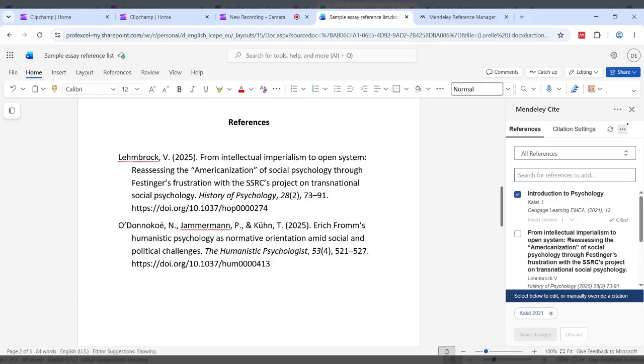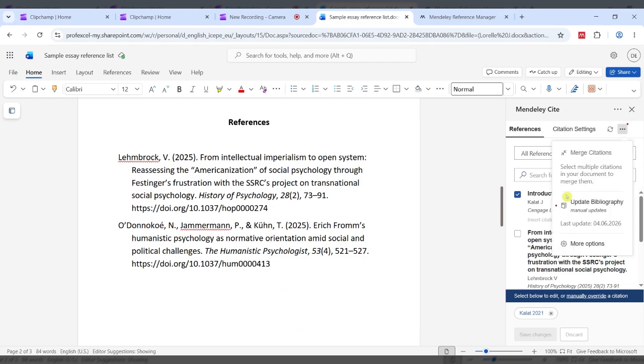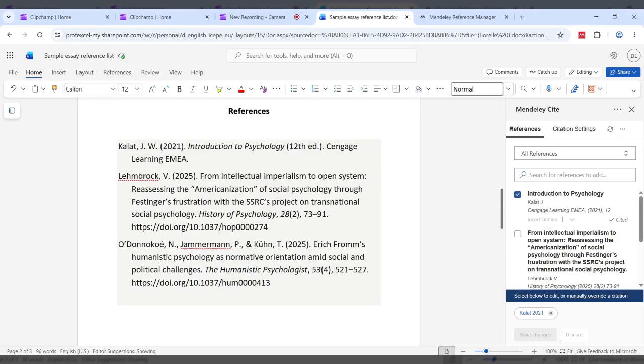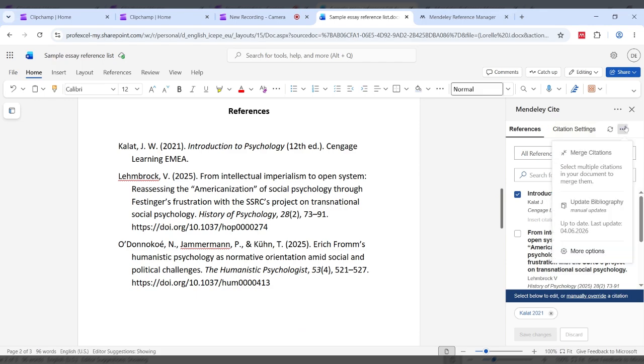So when you want to update your bibliography manually, you just go back to your three dots, and you'll see this time there's a little red dot here to kind of signify that there's something there that warrants your attention. And again, you have a little red dot here beside update bibliography. So that tells you that there's updates waiting to be carried out, I suppose. And all you have to do is just select it. And now if we look at it, you can see Calat has been added in at the top. So it's just a matter of preference really, or if you find that the automatic updates are causing you trouble, you can switch to the manual, and you just have to remember to update it manually through here.